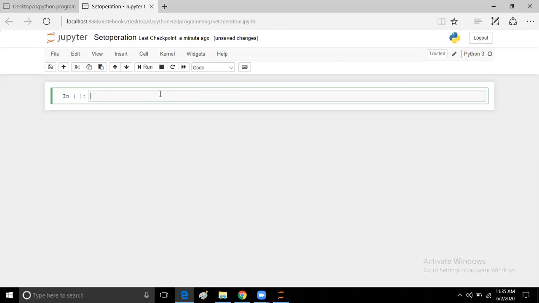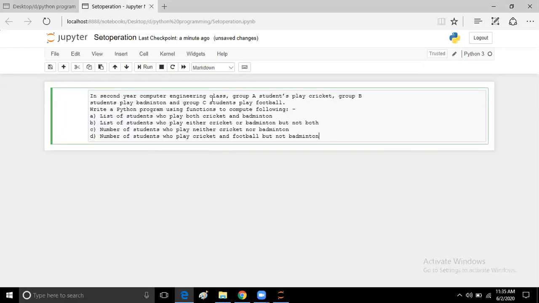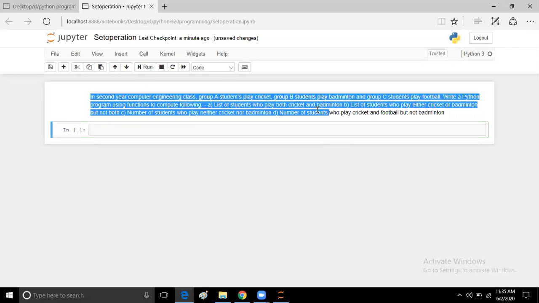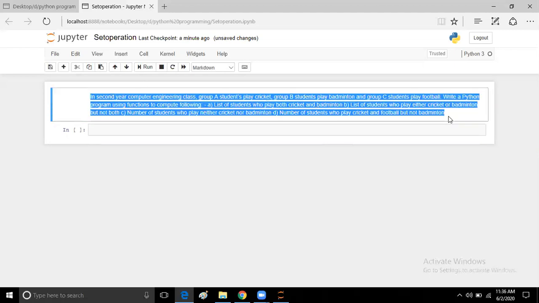Currently this line shows input for coding purposes, so I will convert this input to markdown, and here I will put the complete definition of my program and press shift enter. So here at the first stage you can see the complete definition of the program.